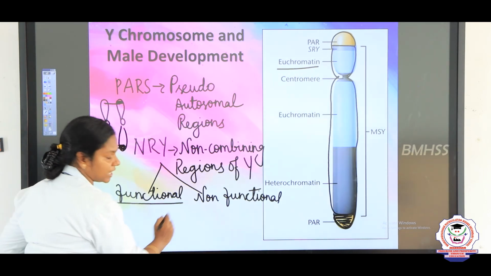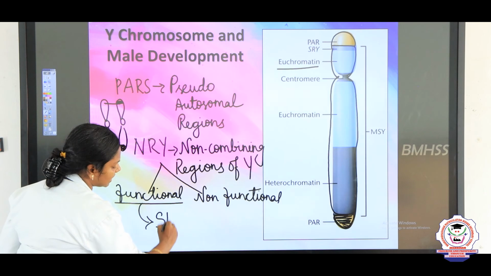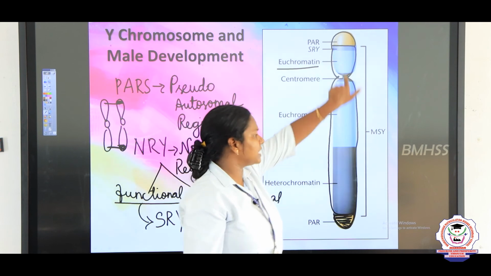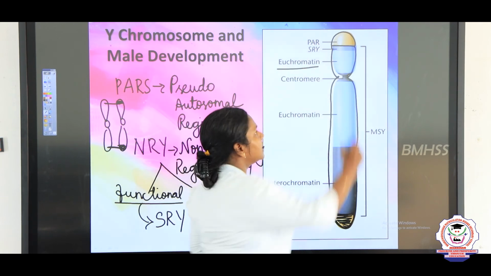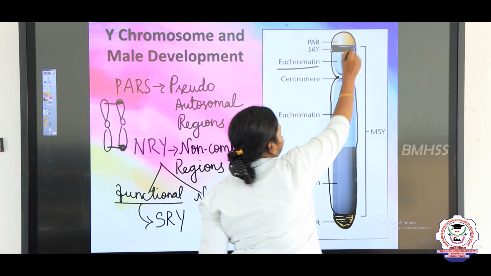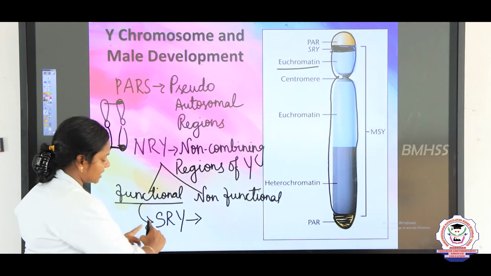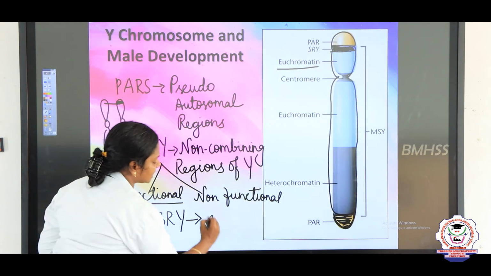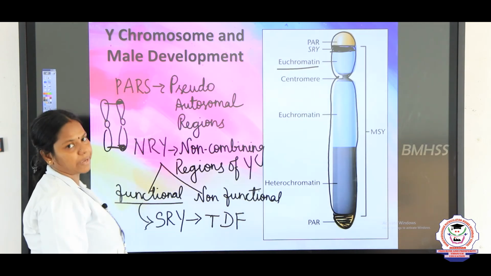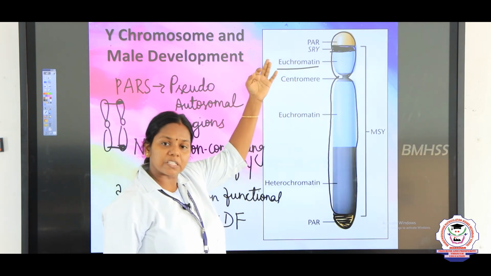And in this functional part, there is one gene called SRY. What is SRY? Sex determining region of Y. So, in this euchromatin, in the functional genes, there is one region called the sex determining region of Y. This gene SRY codes for the testis determining factor, that is TDF, in males. That is why the person who possesses the SRY, which is present only in the Y chromosome,